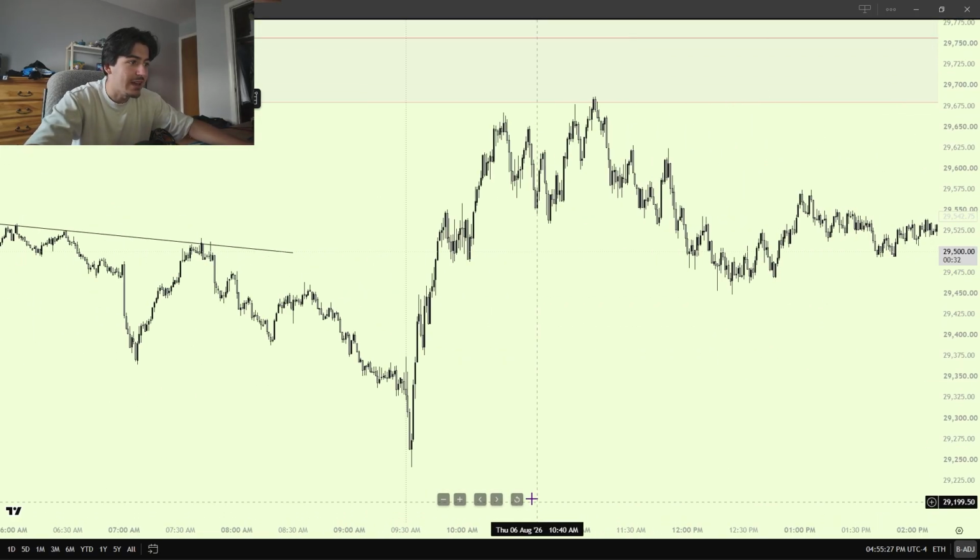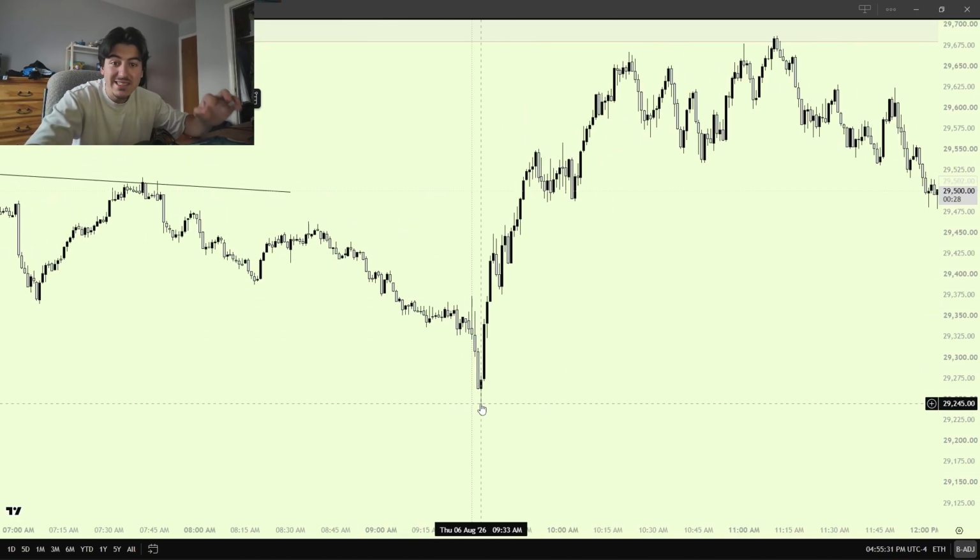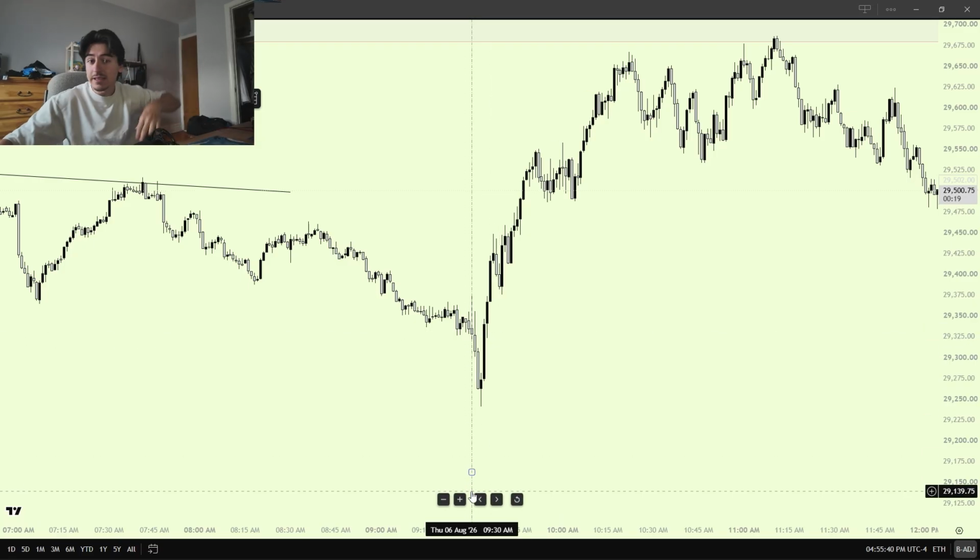Okay, market opens at 9:30. What are we doing at 9:30? Okay, we're coming down. We're tapping into the 0.618 of the range that I drew earlier, that Fibonacci. Okay, we're tapping into that, and we're getting a reaction. Okay, if we just knife through this, completely knife through it, then I can see a world where either it's a no trading day or we just gotta let price develop.